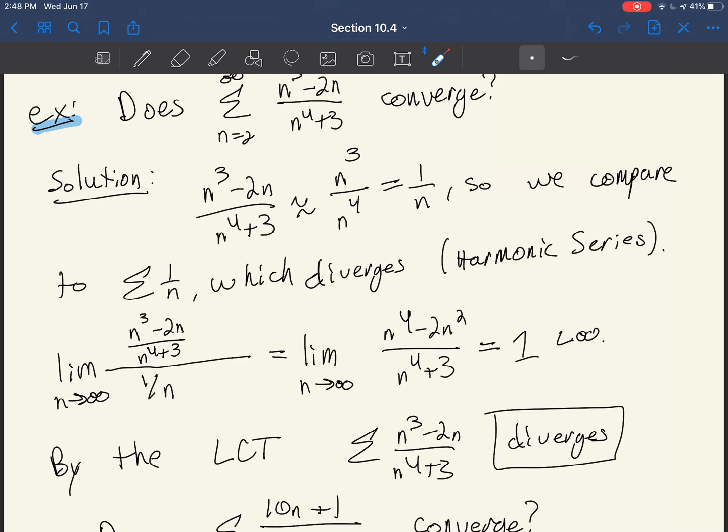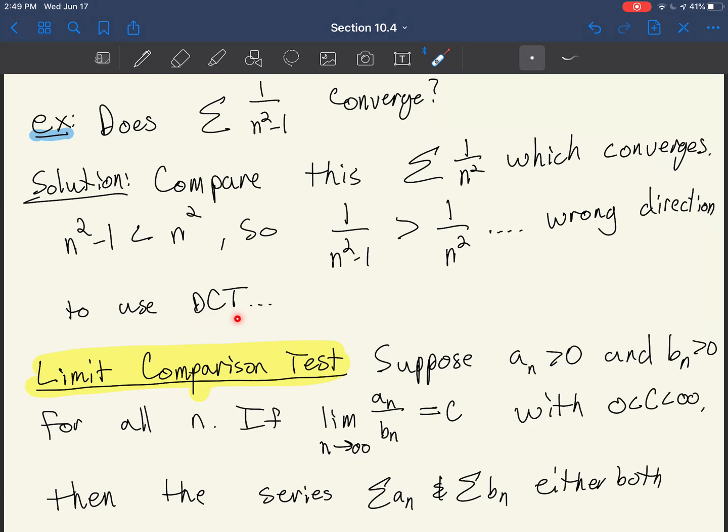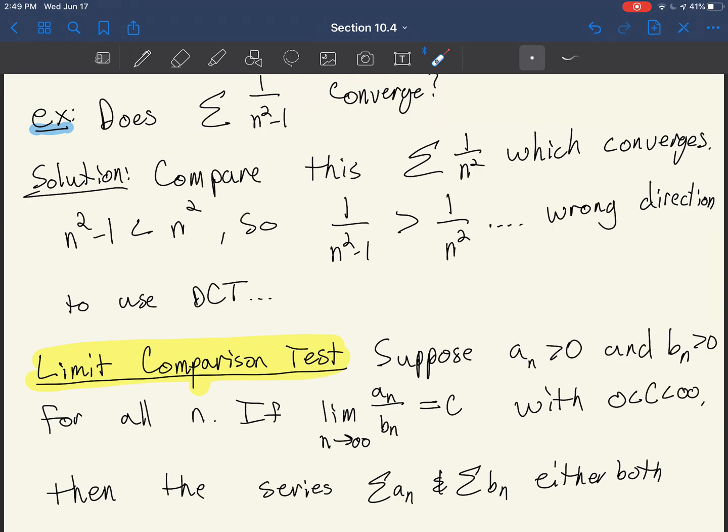So make sure you also do that when you're writing out solutions. Make sure you are explicit about why series are converging or diverging. State the test. You can use the abbreviations I'm using, LCT for limit comparison test. Scrolling up, I said DCT for direct comparison test. You can use those abbreviations, but just make sure